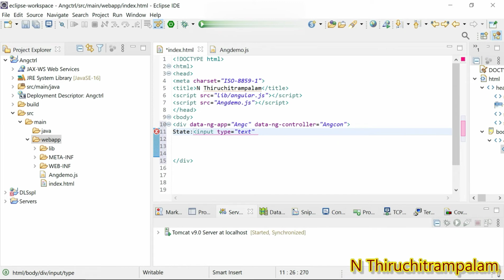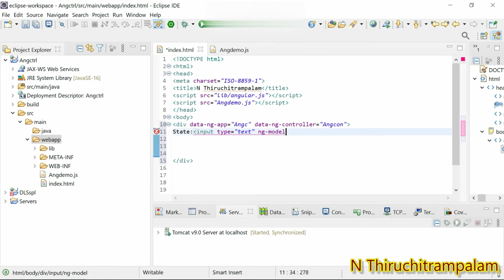Whatever I type or key in within this text box should get stored in the model, and whatever is in the model should be displayed on the view. How can this be done? Using this directive ng model.